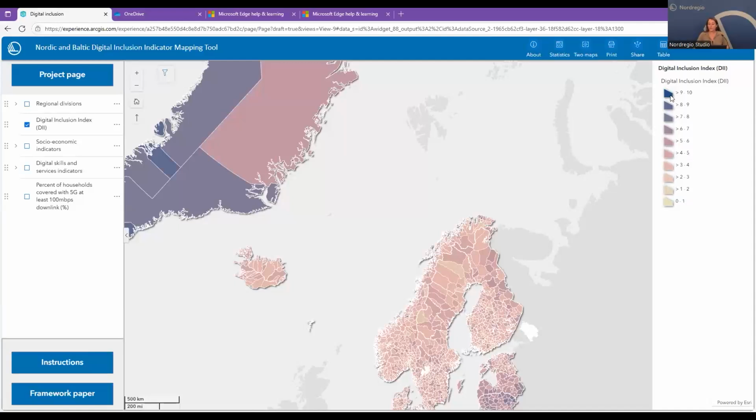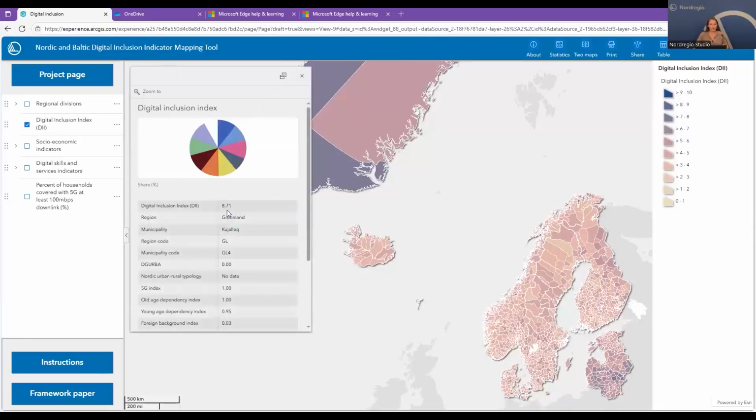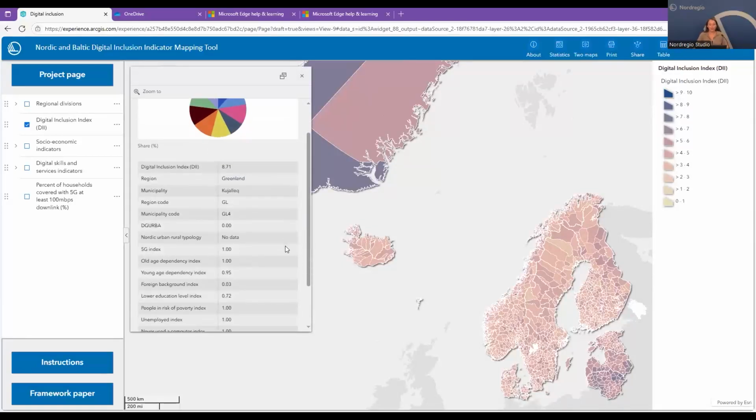For example, in dark purple we have the areas that have an index of 9 to 10. By clicking on an area of interest, we can also see all the values behind the data for this municipality. For example, we choose a municipality in Greenland, and we see the region code and the municipality code.